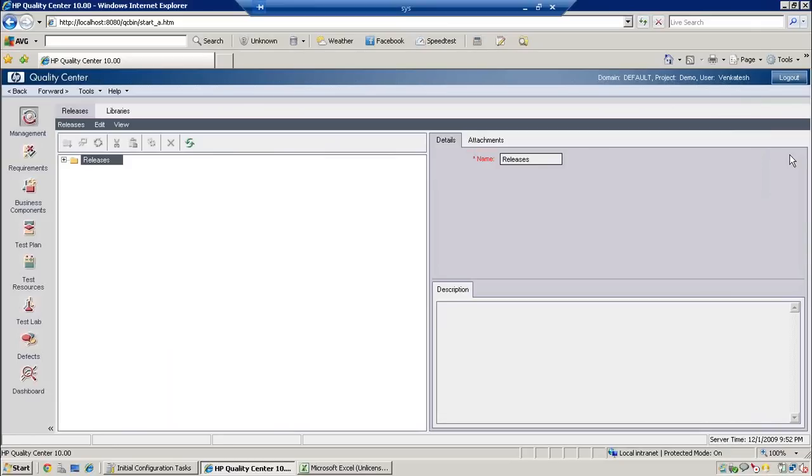First is management. This module is on the left side, I'm talking about the left side modules. So I'm the client, and I need a project to be tested, and I wish to complete the test case execution by July. That means the July release is my target. I'll come here and